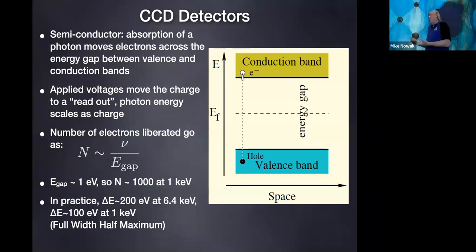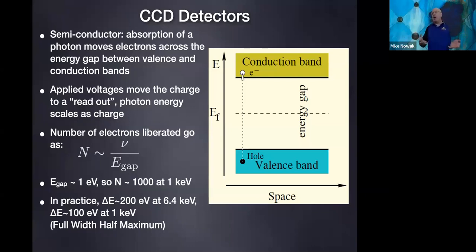But just know that this is a quantum device, that there's this valence band with the material in it that has electrons in it, photons come in, they have to go over a quantum energy gap to go to this conduction band, where we then count the number of electrons to determine the energy of the photon. The higher the energy of the photon, the more electrons we get.